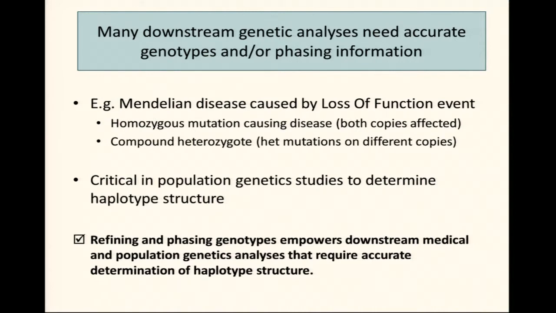And so there are really two purposes. One is that phase tells you something about haplotypes, and haplotypes are really what are generating phenotypic differences, right? In some sense, all the variants on the haplotype are linked together and have some kind of joint effect. And so if you have a Mendelian disease that's caused by a loss of function event, it matters potentially whether it came from your mother or your father, because of things like parental silencing. And in addition, these kinds of Mendelian transmissions and these kinds of LD blocks tell you something about